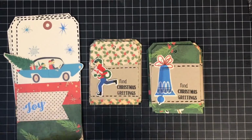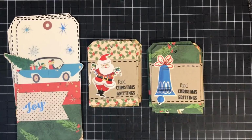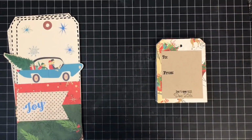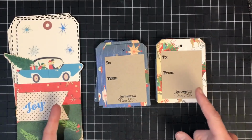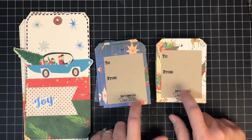This guy's popped up, but you really cannot tell the difference. I mean, you can if you're in person. But I just thought it was using more product than getting anything special out of it. And then the backs of them all look the same. They all look like this. So they're ready to write on and put onto a gift. I love it. So we ended up getting, let's see, 26 tags from these two pieces of paper, some extra little tags,